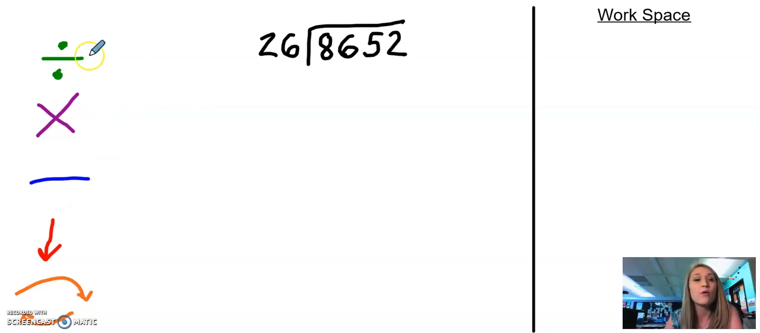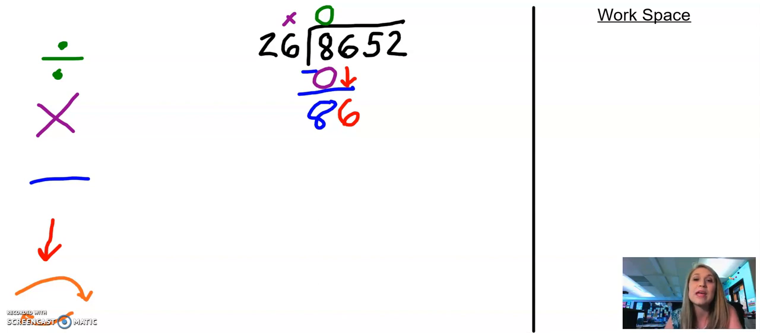So to begin, we're going to divide. This time, though, we have to look at 26 and ask ourselves, how many times can 26 go into 8? Of course, it cannot go into 8 at all, so we put a 0 up above the 8. And then we multiply 0 times 26, which gives us a 0. And then we subtract 8 minus 0, gives us 8. 8 is less than 26, so we can bring down the next digit, which is a 6,